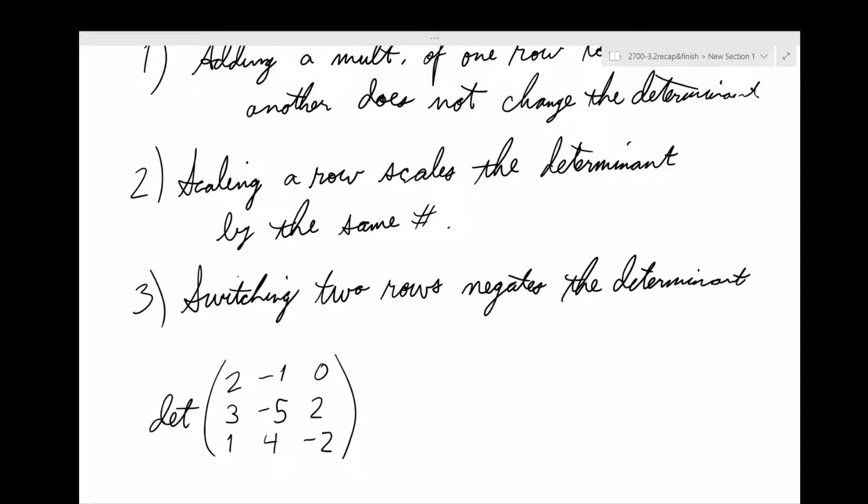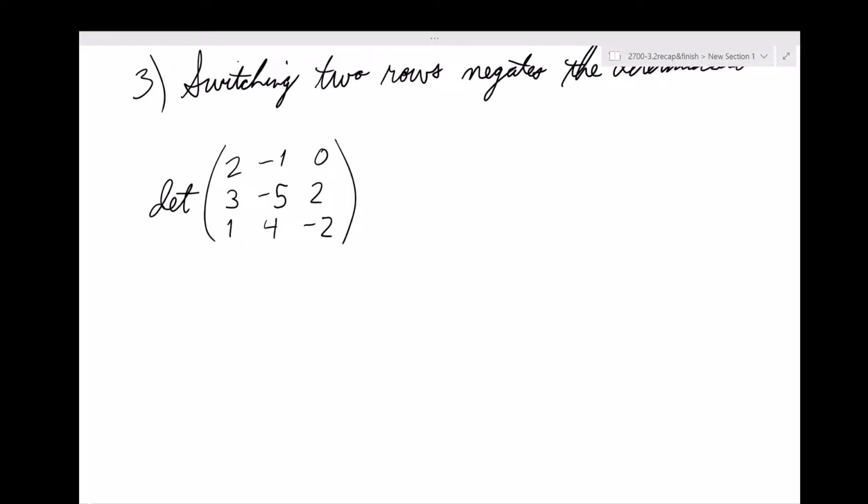Then what I can do is, if I look at this, one thing we proved before was that if a matrix is triangular, so maybe there's some stuff down here, everything above the diagonal is 0, or alternatively, if everything below the diagonal is 0, with whatever going on up here,